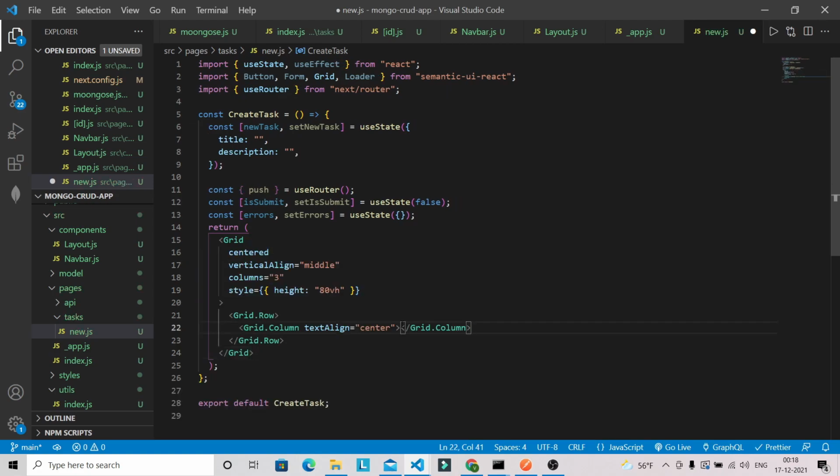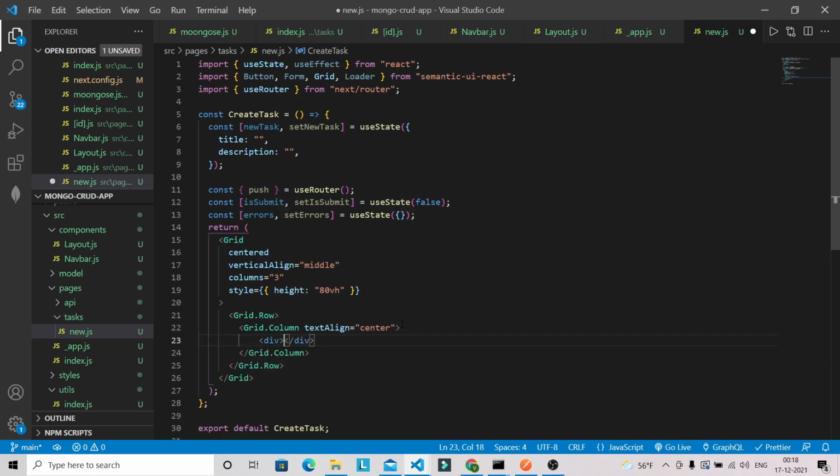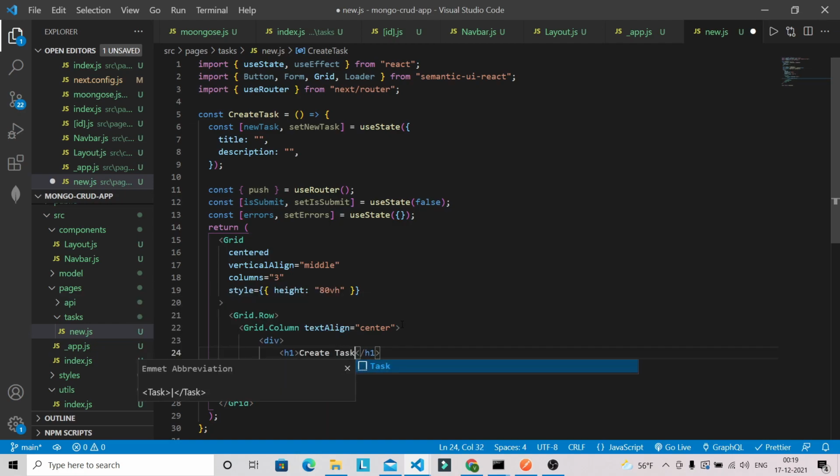Now inside this grid column we are going to have a div, and inside this div we are going to have one h1 tag, that is Create Task. And inside this div we're gonna have another div.